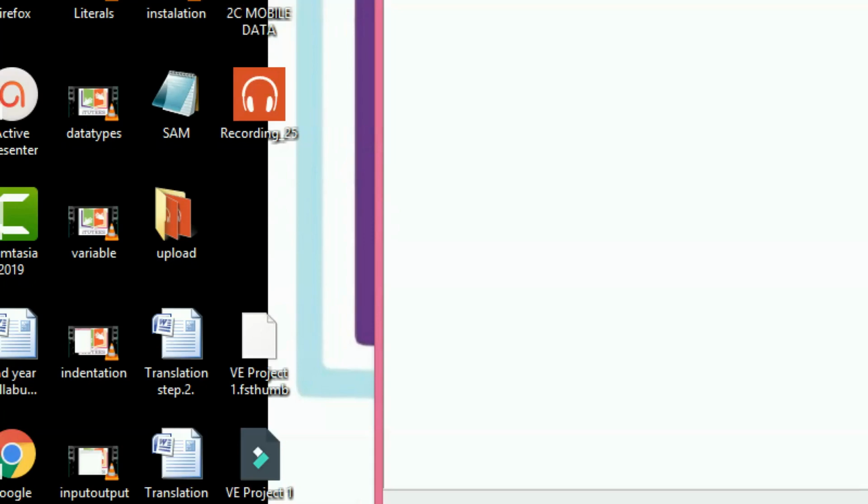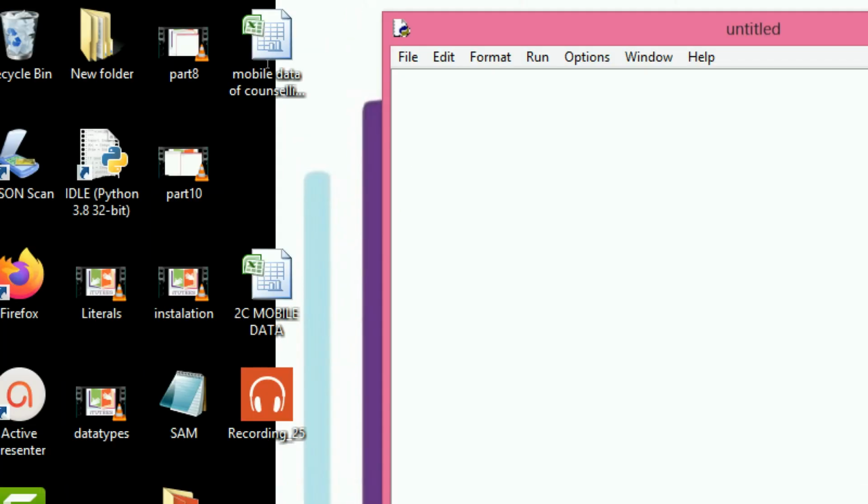Now we are going to see the program. First for that we are going to import math. n equals int of input. Initially I am taking count equals 0.